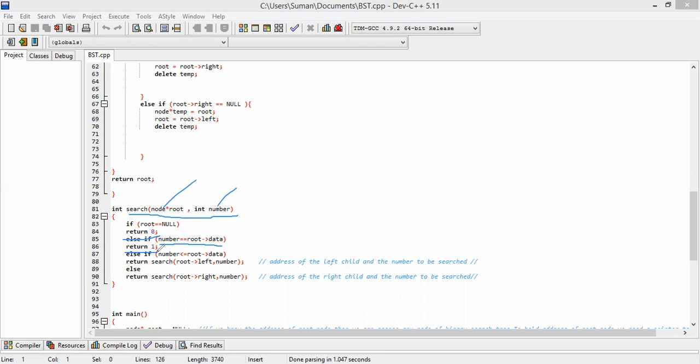Or else, the condition will be if number is less than or equal to root data.